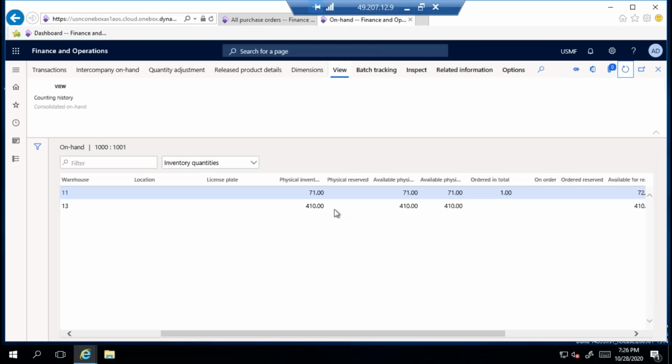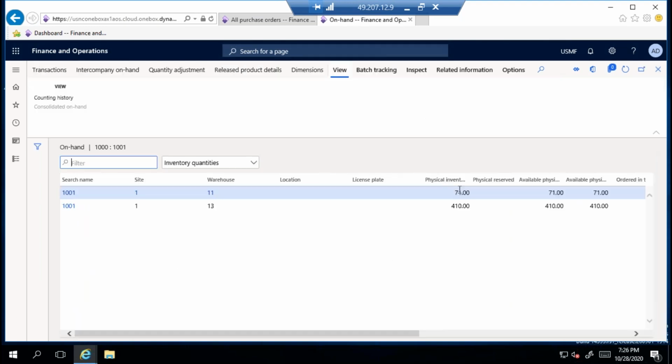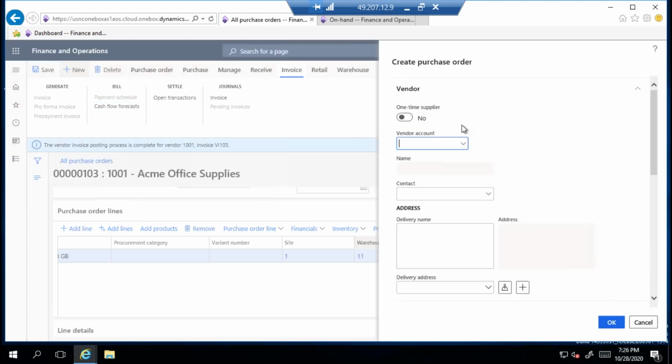Let me see this one. I'm creating a new purchase order. Sorry, let me open this file. So 71, what I will do now, I will create a purchase order for 25. Selecting the vendor, any vendor is fine.